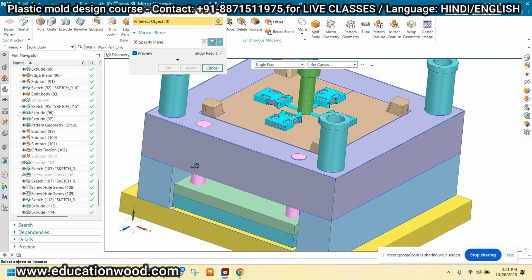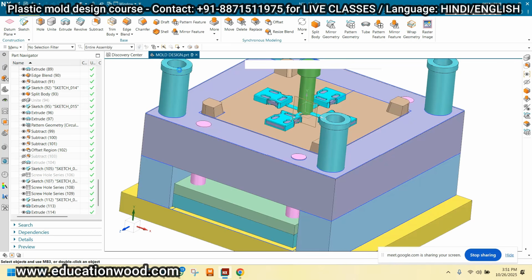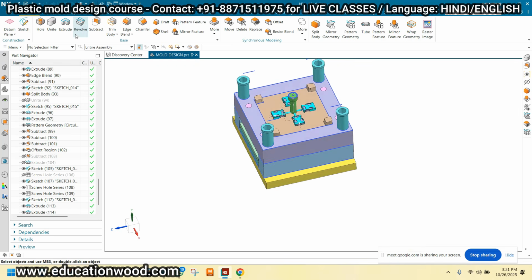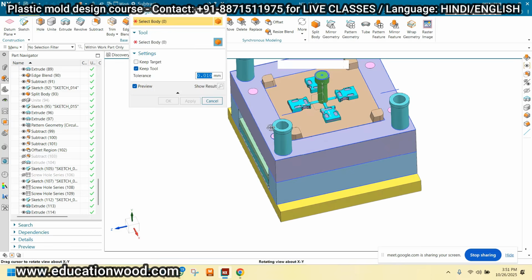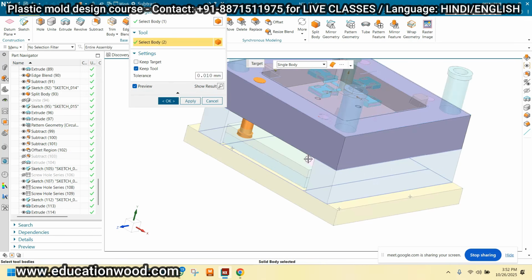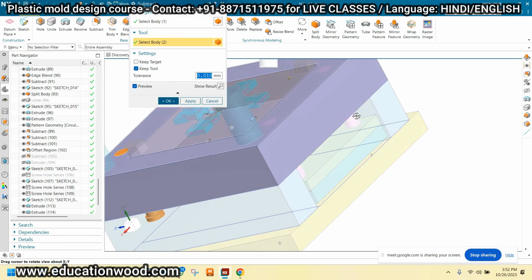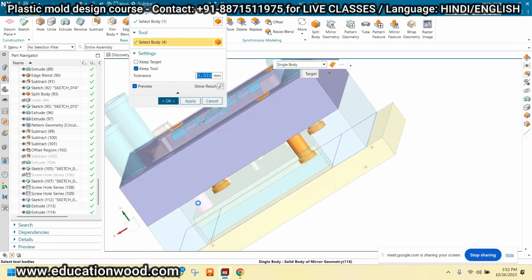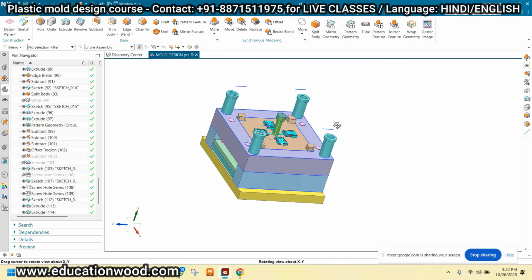This is the plane, and just click OK. One, two, mirror, like this. One, two, three, and this will be the fourth, and just click OK.